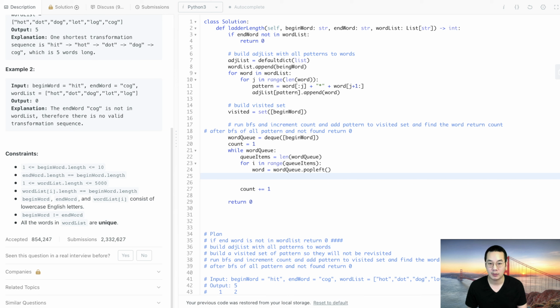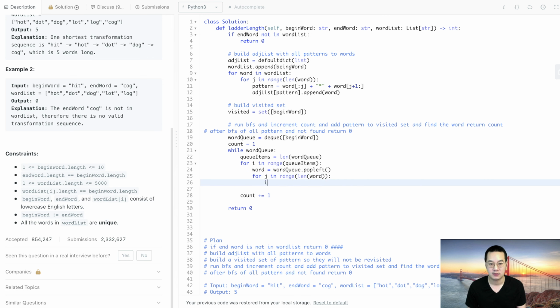So we're going to get all the patterns and find all the new words that we have to add to our word queue. So for j in range length of word, we do the pattern again,